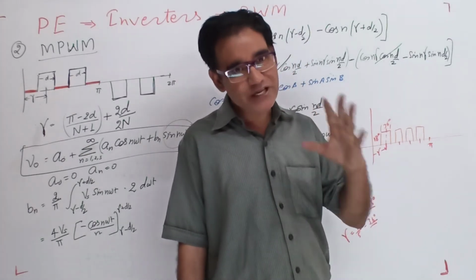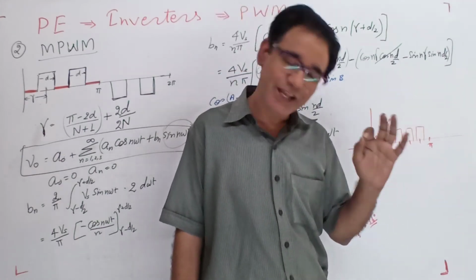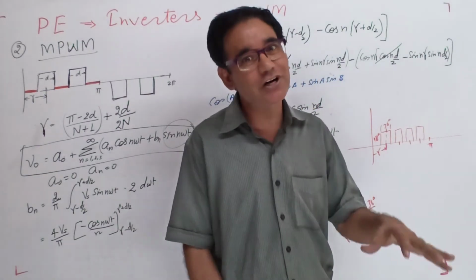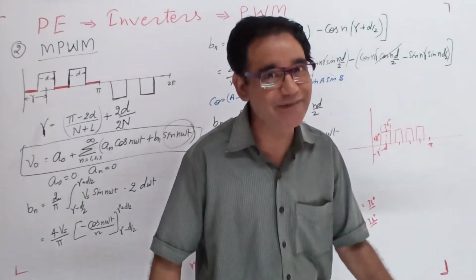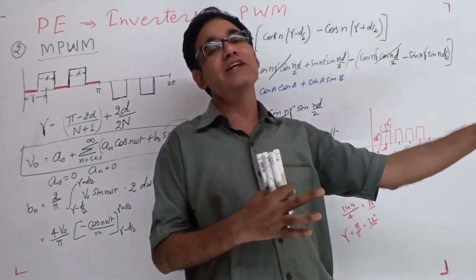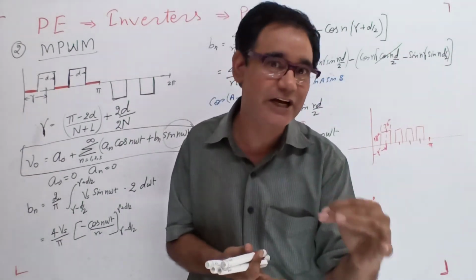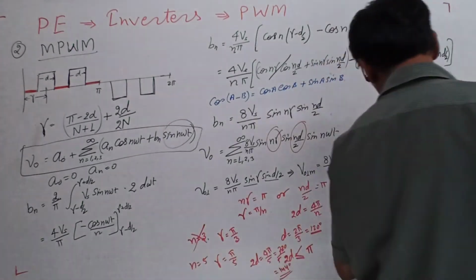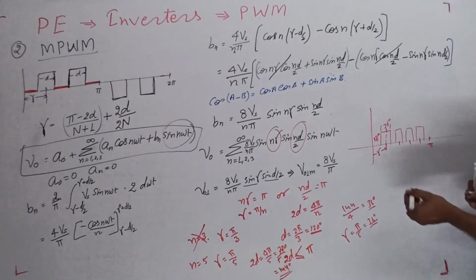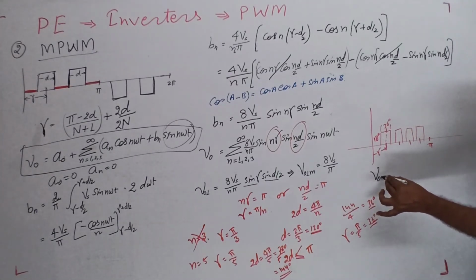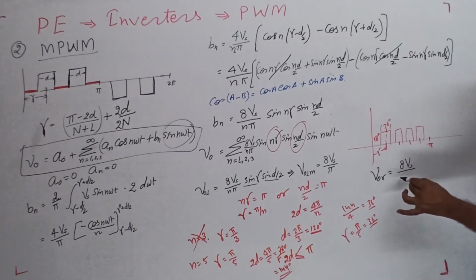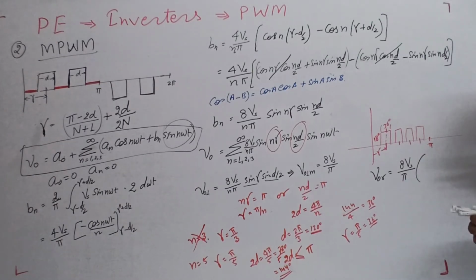So this is the way we can eliminate a particular harmonic even though there is a loss in the output. The output power, the fundamental value, also gets affected. Not eliminated, it is reduced. The particular harmonic is eliminated and the output fundamental is reduced. So what is the reduction in the output? If the fifth harmonic is eliminated, what is the reduction in the output?